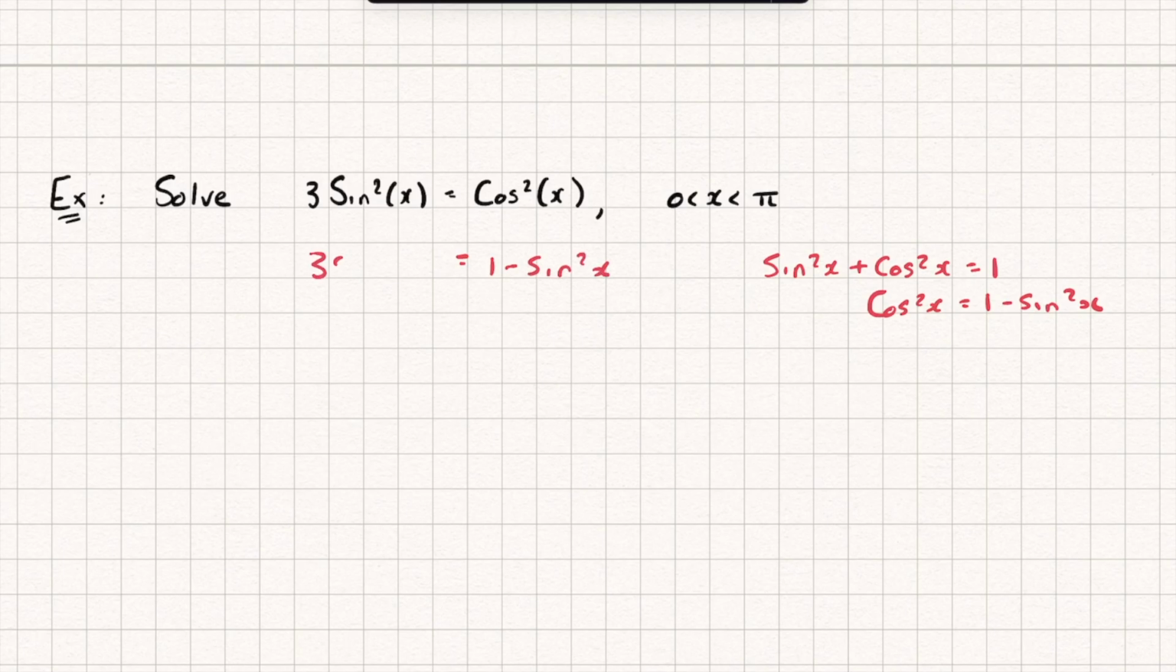So I'm solving where 3 sine squared of x equals 1 minus sine squared of x. I could then add sine squared to both sides and I get 4 sine squared of x is 1. Divide both sides by 4 and I'm now solving where sine squared of x is equal to 1 over 4. But I'd want to solve this using the other trig identity just for the sake of this video, and so